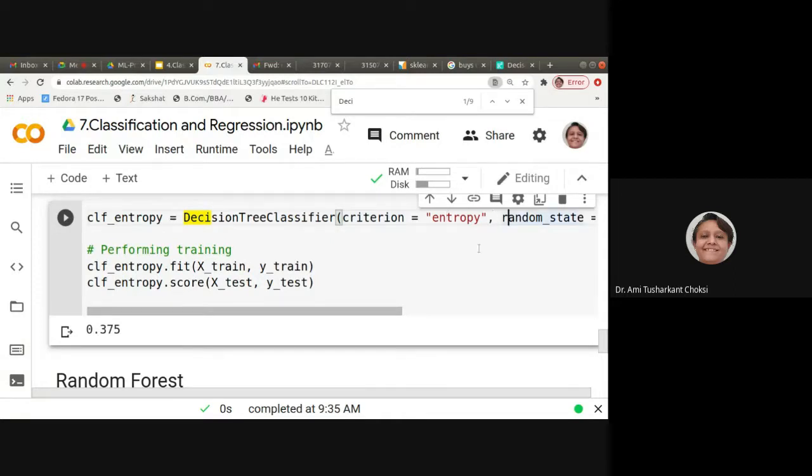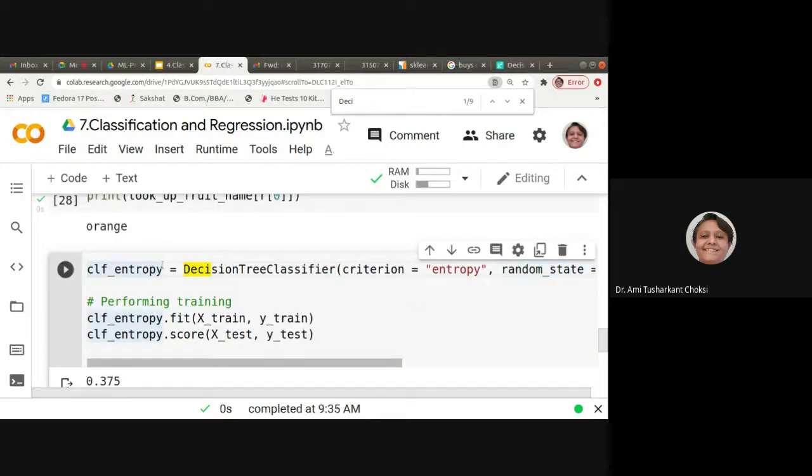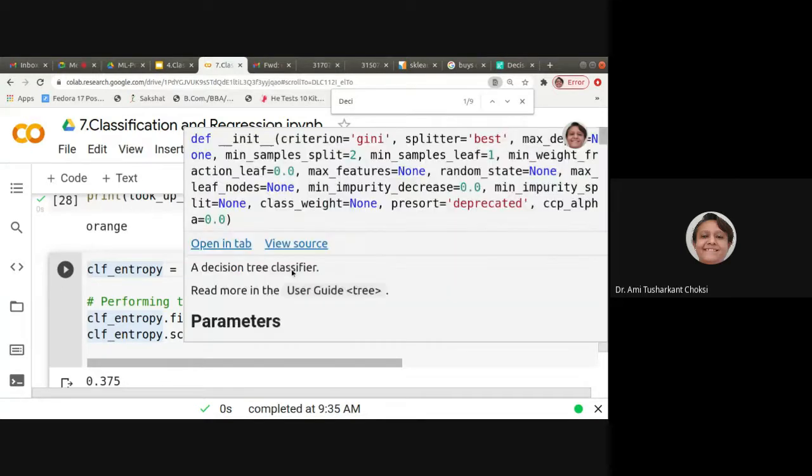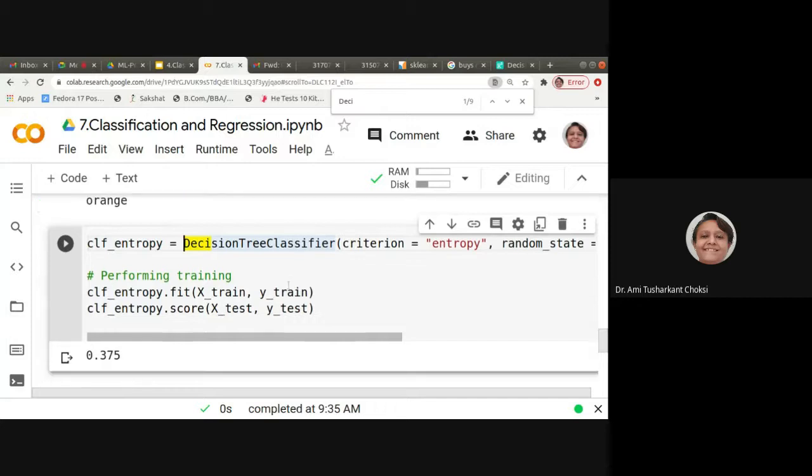Now, do we have to do the train test split again? Yes, if you haven't run that before. If you want to run the algorithms individually, then you should have X available here, Y available here, and train_test_split should also be available. Then we have the decision tree classifier, we do fit, that is, we are training the model, and then we find the accuracy score.